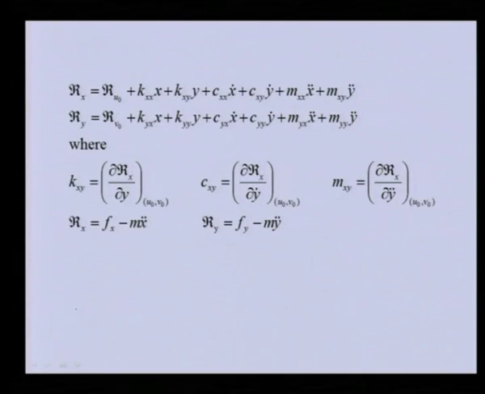So, basically earlier we have shown in the previous lectures this kind of linearized coefficients. So, this is the fluid pressure, and these are the static forces in the horizontal and vertical direction,